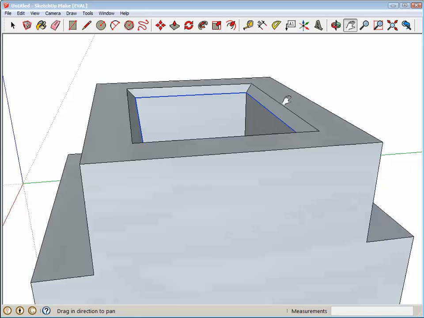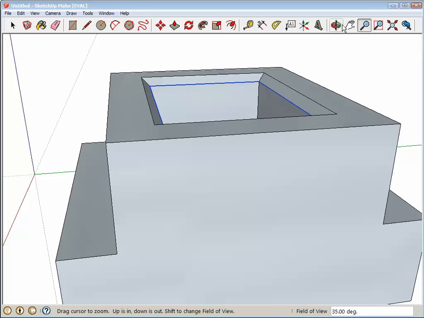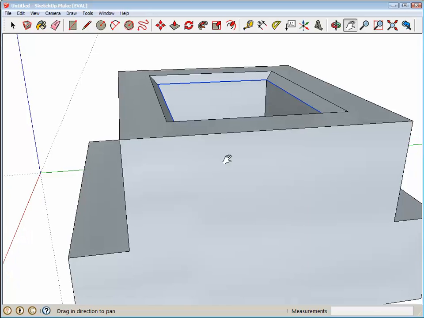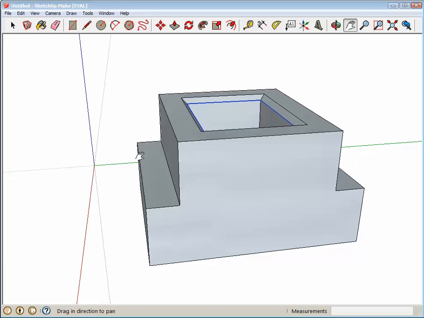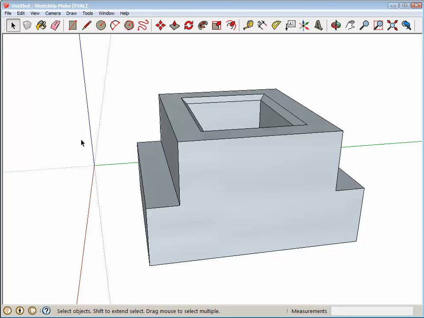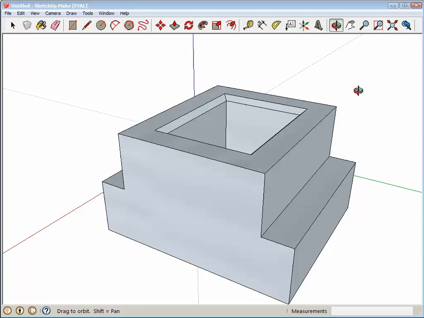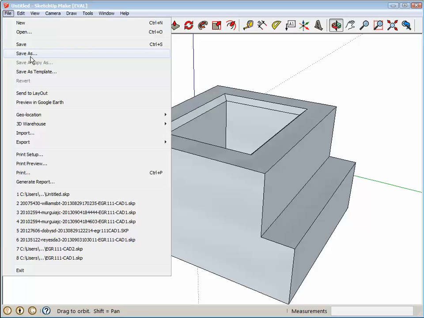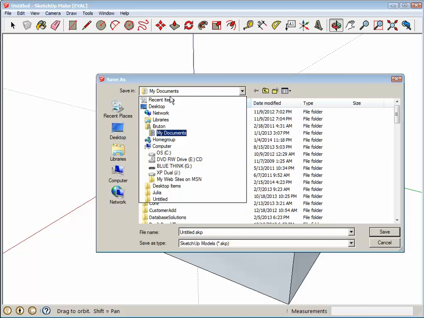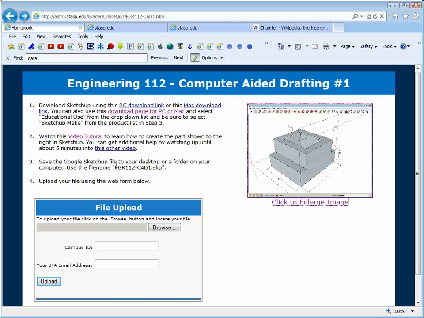We want to zoom back a little bit with the magnifying glass here. Maybe get a little bit different position here. You can hide that selection in blue just by using the selection tool, clicking it somewhere off here in space. Find a good perspective of that part, something like that right there, and let's save the file. Let's save this to our desktop. We want to use the file name given in the homework instructions,